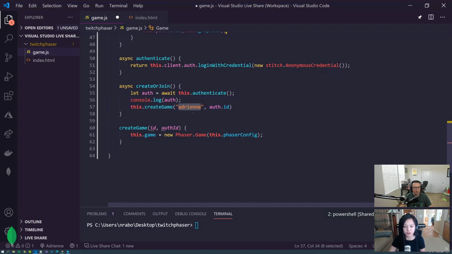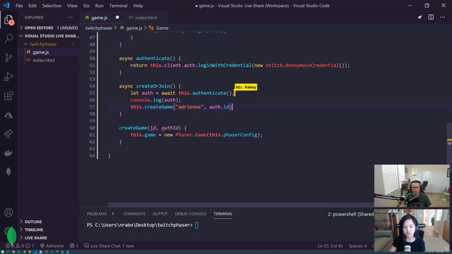And right now, I think we just hard-coded it at the time when we were running out of time, right, Nick? Yeah, and we're doing that really because we're using an anonymous authentication. Basically, the owner is going to be able to read and write their own documents, and everyone else is just going to be able to read. So if we have everyone joining a game or trying to create a game, we want to restrict it to just whoever's the authenticated owner, basically.